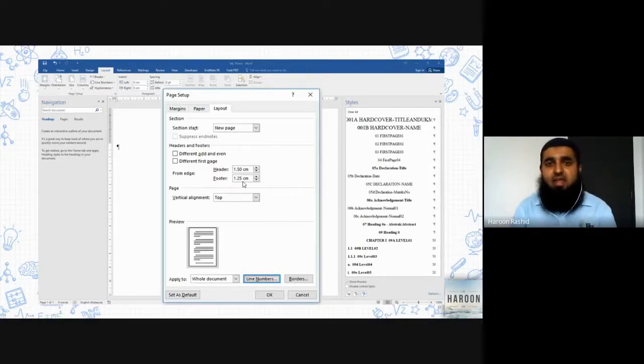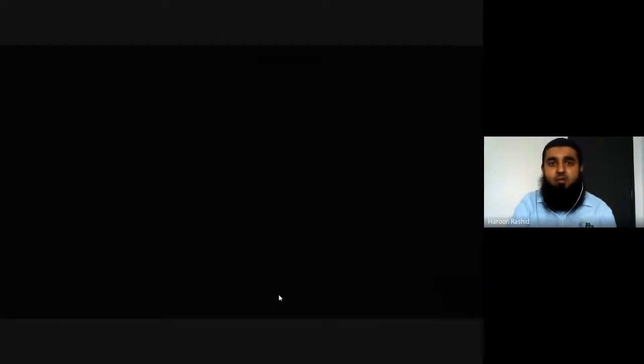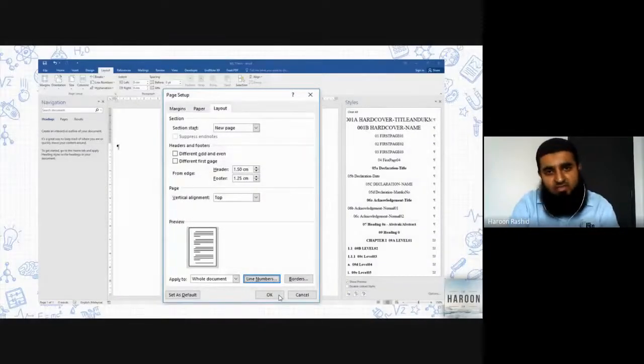Whatever it is, as long as it is less than 1.5, leave footer as it is. But make sure header you have to change. Header must be 1.5. Footer, no problem, 1.25 or 1.27. And afterward, just click OK. Once we click OK, our page is already fixed. When our page is fixed, make sure you save your file.